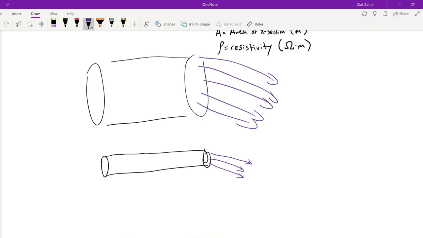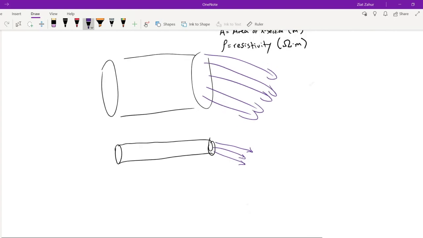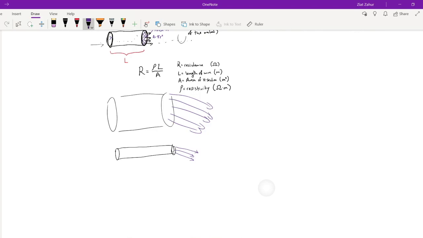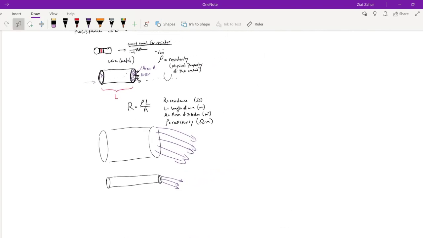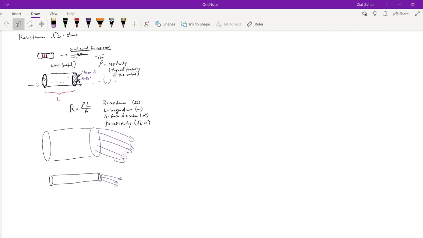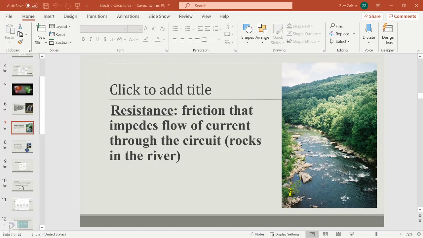When you break a fire hydrant in the summer, I've only seen this done in the movies, you get tons of water gushing out, creating huge water jets up into the sky. So resistance is slowing us down in our circuit.